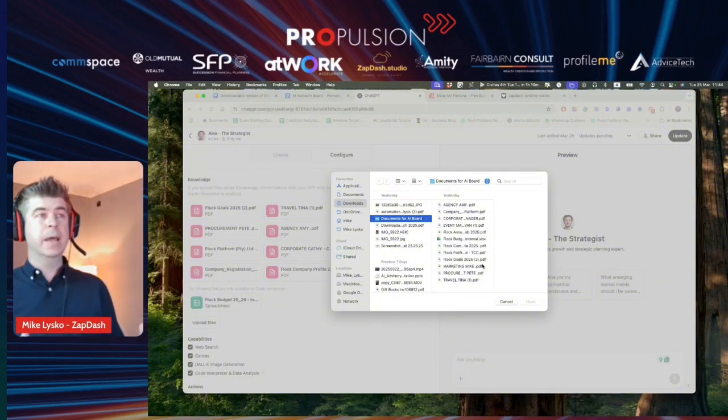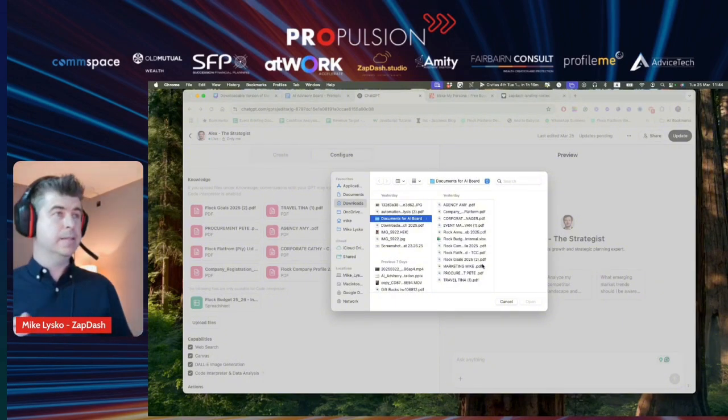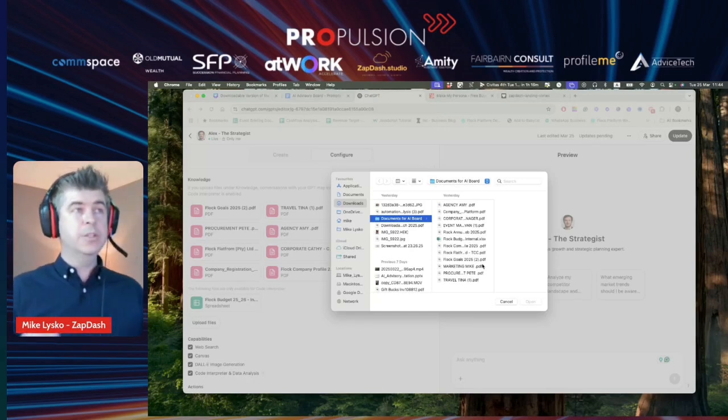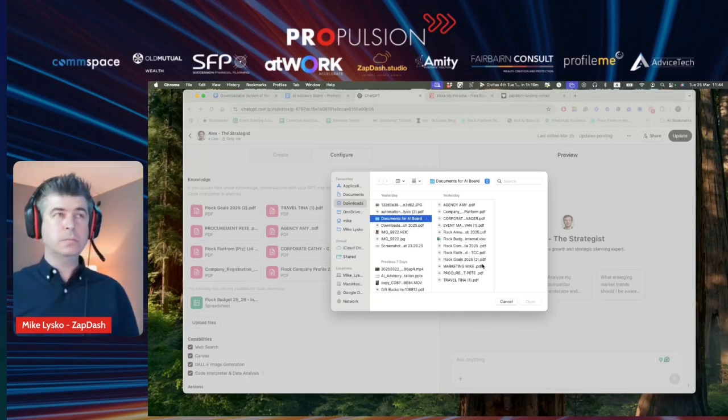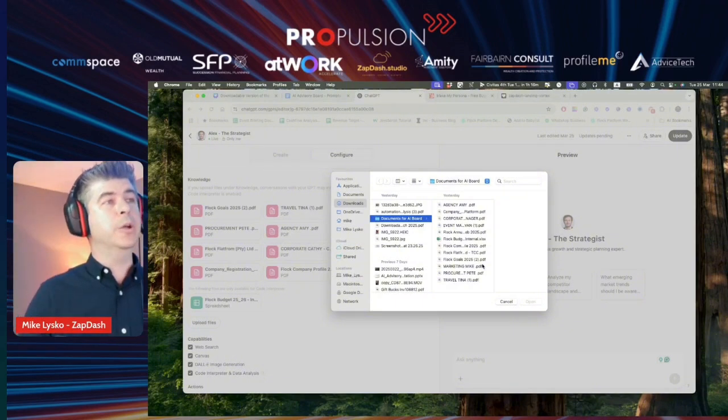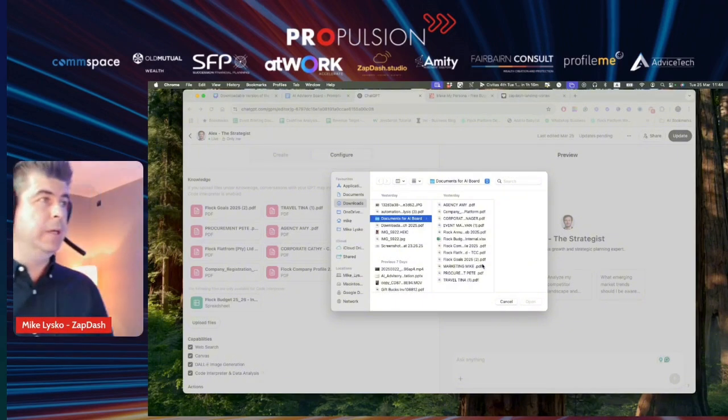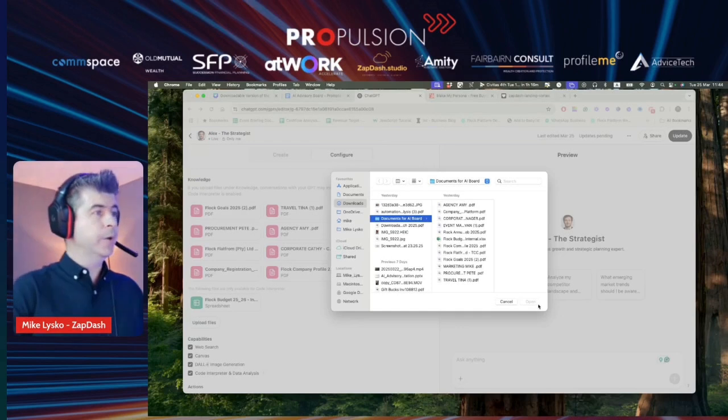In our case with Alex, he's going to be making key decisions around the business strategy. So you really want to upload documents that are relevant to that role. If it's compliance, then upload it with Sophia. She's going to be dealing with compliance. So what I've done over here, just uploaded some key